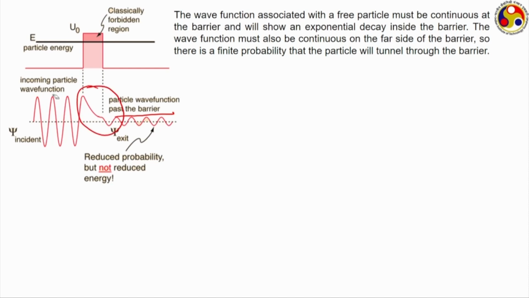That is, the amplitude of the particle oscillation will decrease inside the barrier, and the magnitude can be something like this. So, there is a finite probability that despite having insufficient energy, the particle will tunnel through the barrier. This is sometimes called tunneling, which refers to this reduction in the wave function of the particle while it is passing through that Coulomb barrier.